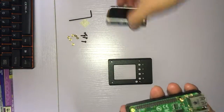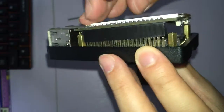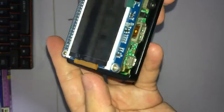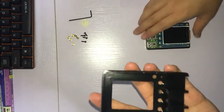And then we should connect the screen to the Pi, just like this. It's very easy. Push, yeah, it's done. And now